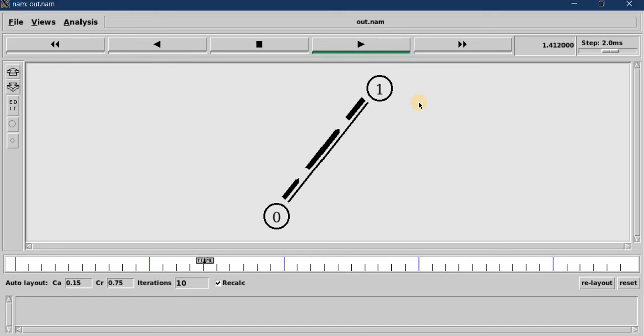I hope it is pretty clear to all of the students. The first time it will be difficult to understand, because of the creation of the agent, objects and so much more, but after making one or two programs you will find it easier, and it will be very useful for visualization as well as for collecting parameters like throughput, jitter and PDR ratios, which we will discuss in our coming tutorials.